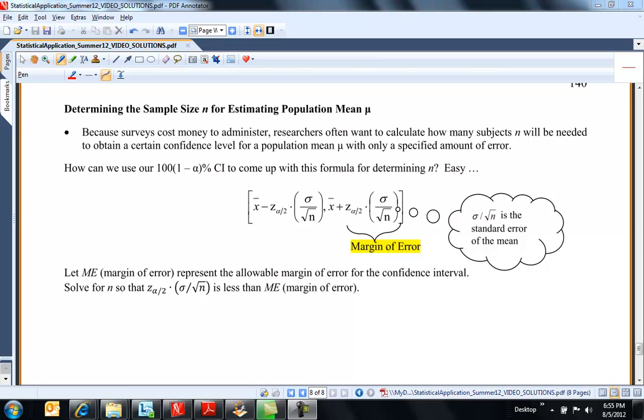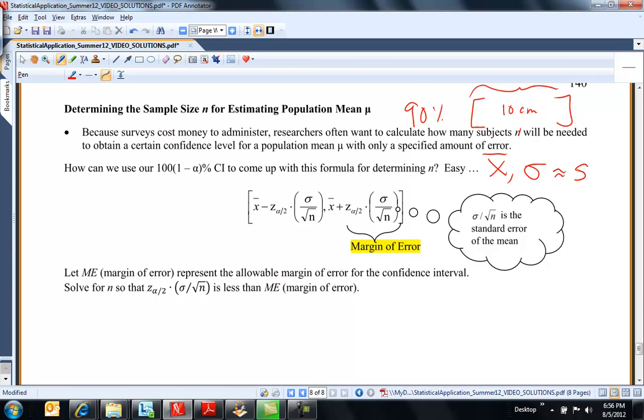If the researchers want, hey, I want a 90% confidence interval, let's say that is 10 centimeters wide. Really the only thing you have control of, X bar is going to come from your sample. Sigma will be given to you, or you'll compute S from your sample. 90% already tells you your confidence level, and the corresponding z-score is 1.645. So the only thing that can get you down to 10 centimeters if you have a wider confidence interval is